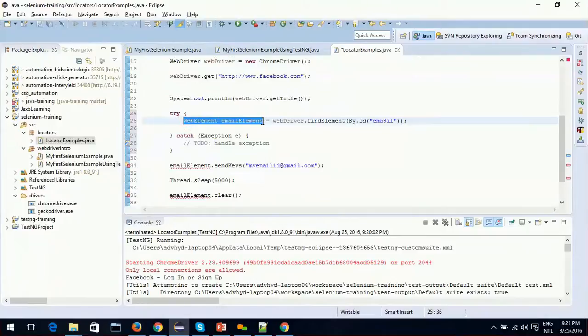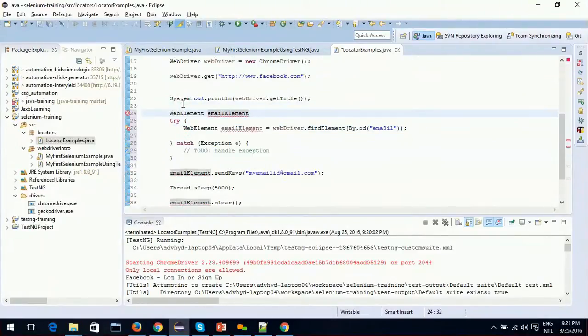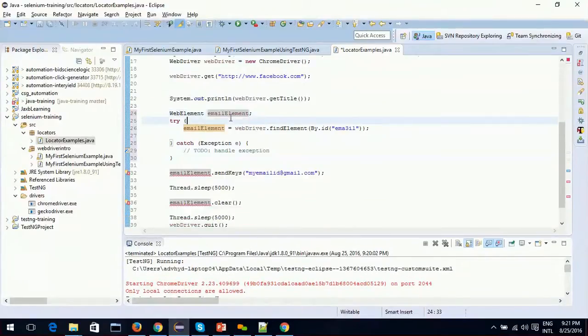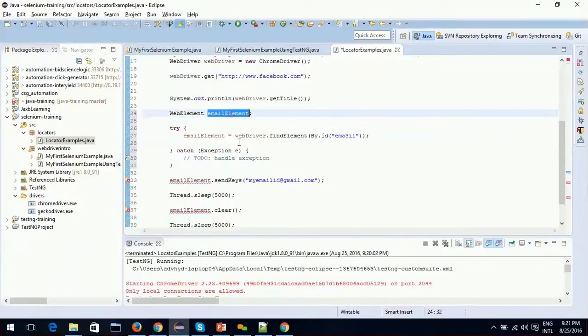What I will do, I have to declare this outside. Okay, like this. So before the try block itself, I have to declare this email element object. Okay, then in the try block I am getting the value of the email element object. Okay, if it throws an exception,